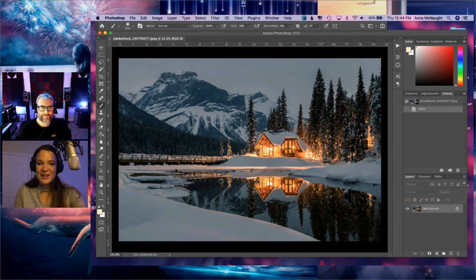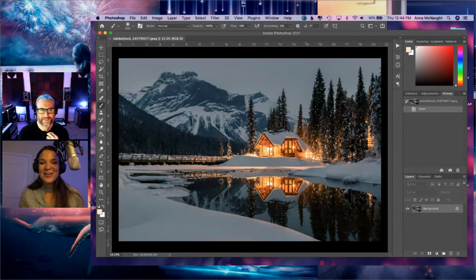Yeah, it's really interesting. I found this one by typing in cabin on a lake, I think. And as you can see from yesterday's image, I clearly have an obsession with these cabins on a lake. When I was debating about doing this image today, I wondered whether people would not like that we did something similar yesterday. But this one, we're going to turn into a much different scene. We're going to give it some pink clouds and stars and Christmas tree lights and have a lot of fun with it.